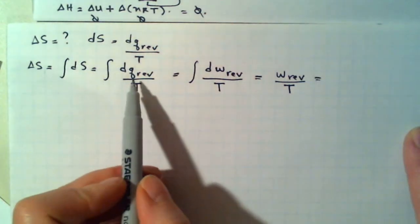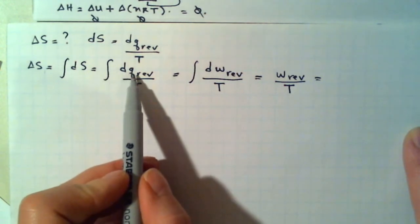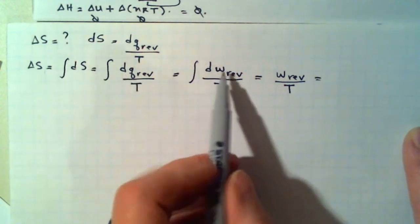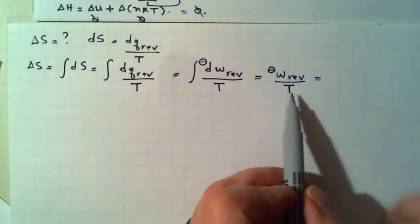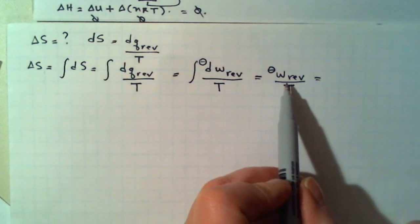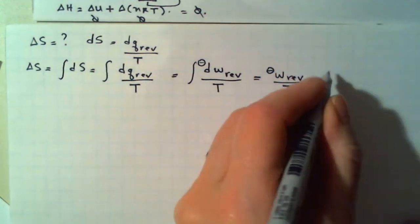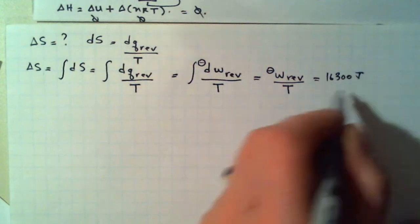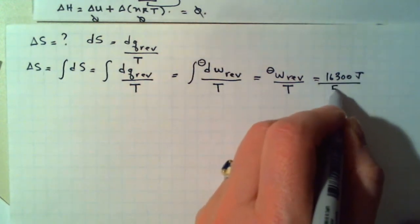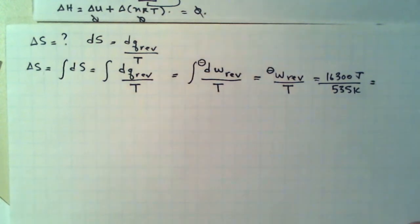Let me back up a bit. I forgot about a sign. So if Q is equal to the negative W, then that should have been a negative here. The value for work was given as minus 16300 joules, so the negative of that is the positive, and so it is simply 16300 joules over the temperature, which is 535 Kelvin, and